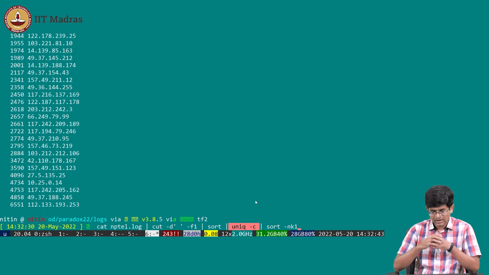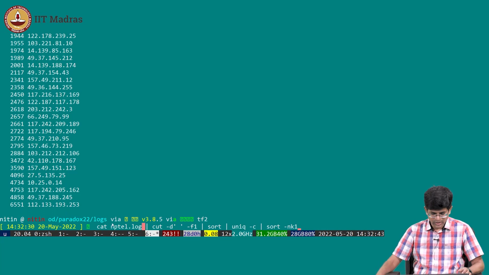Okay. So in other words, look at this entire command out here, right. I basically started with cat, then went to cut, then I went to sort, uniq, and again sort. All that I've done is used a bunch of different commands that already exist on a Unix system, in this case a Linux system, right?